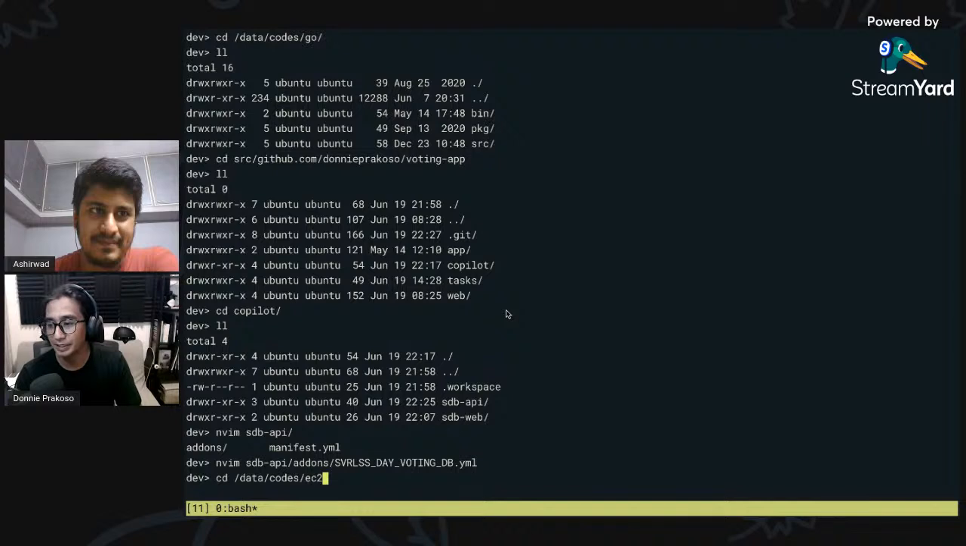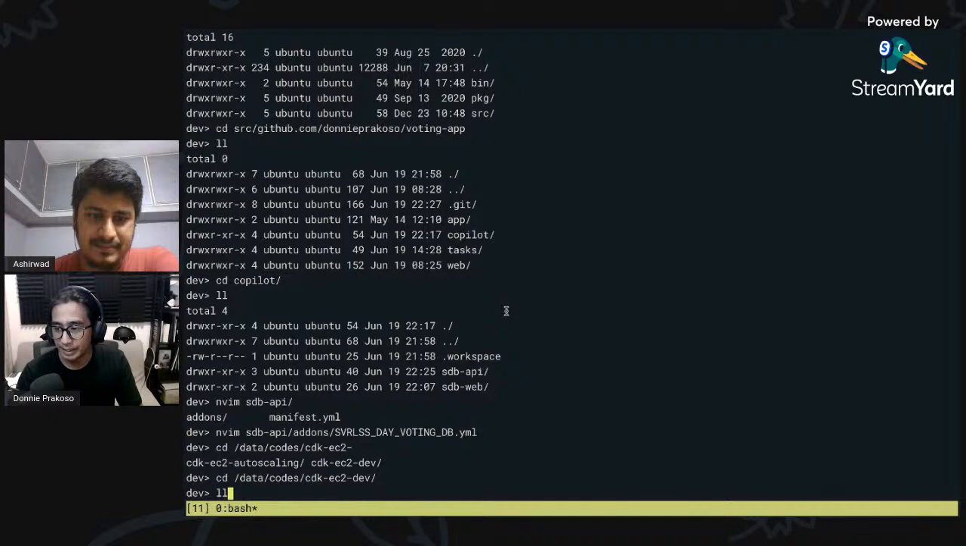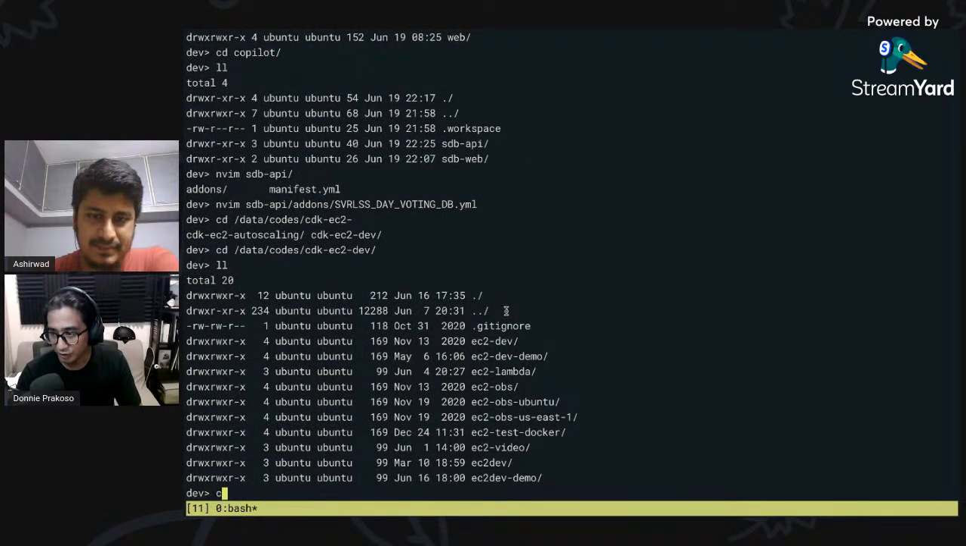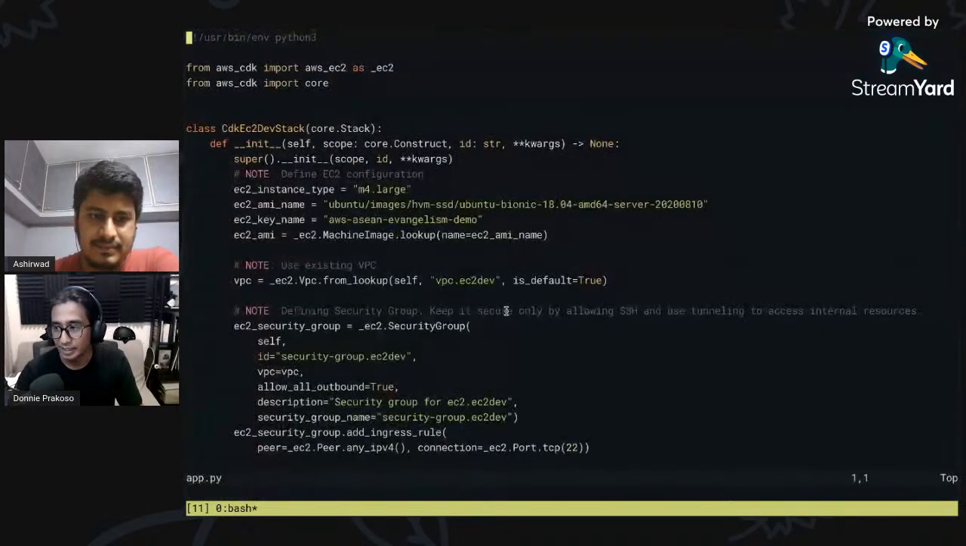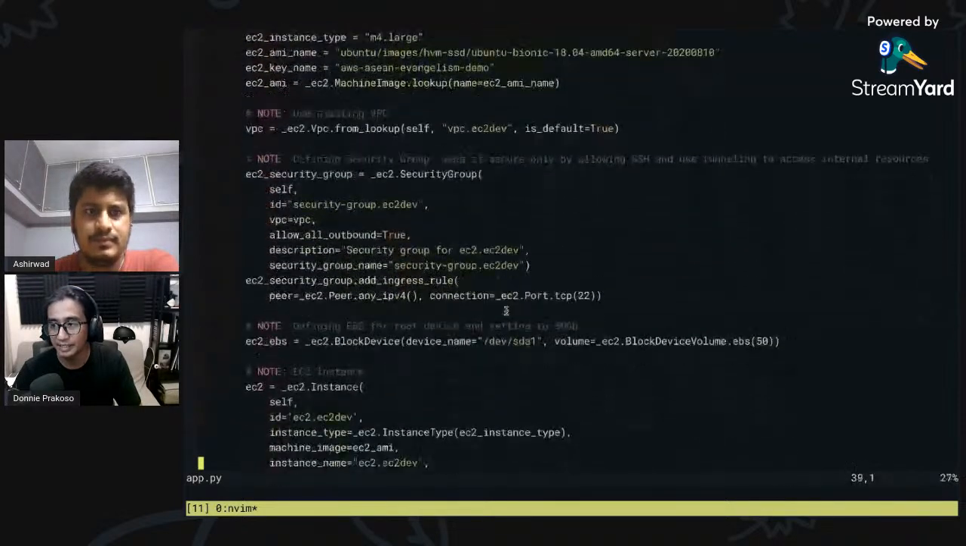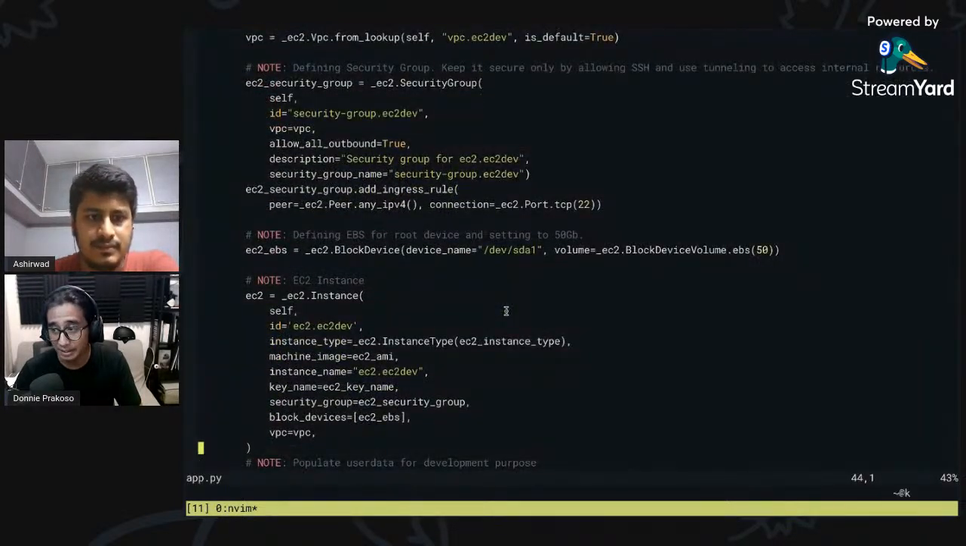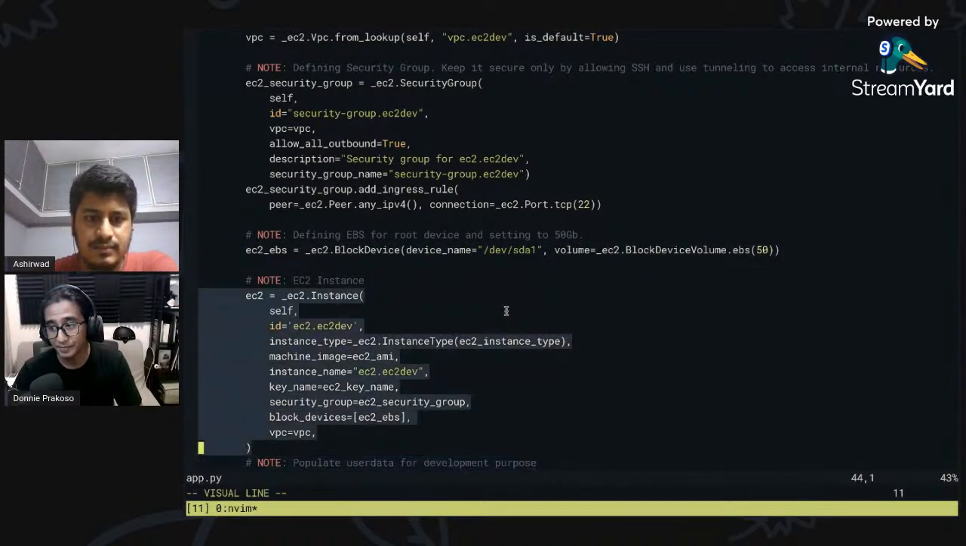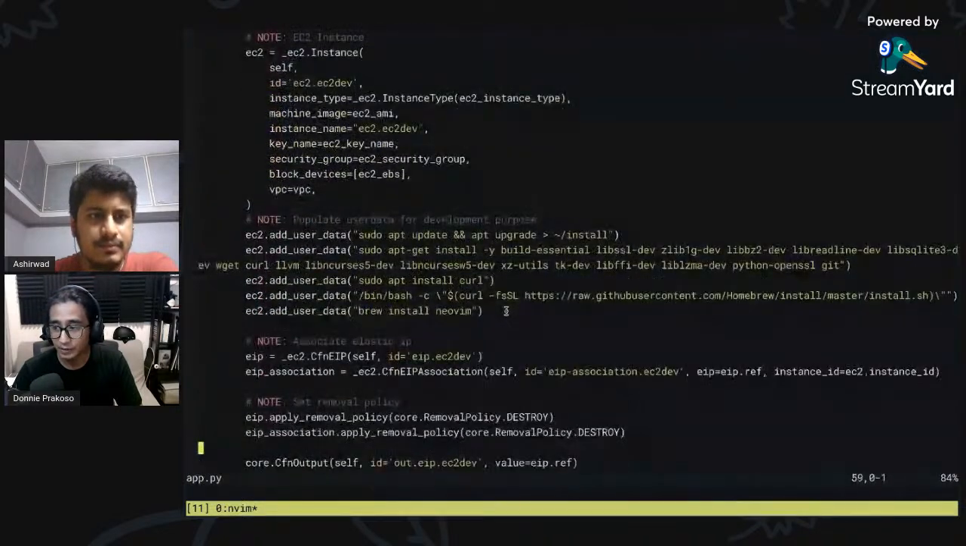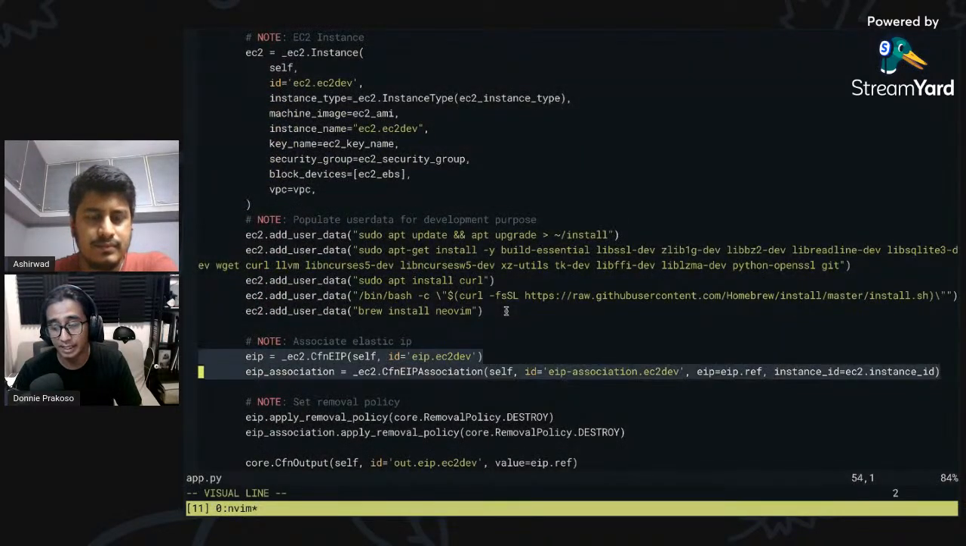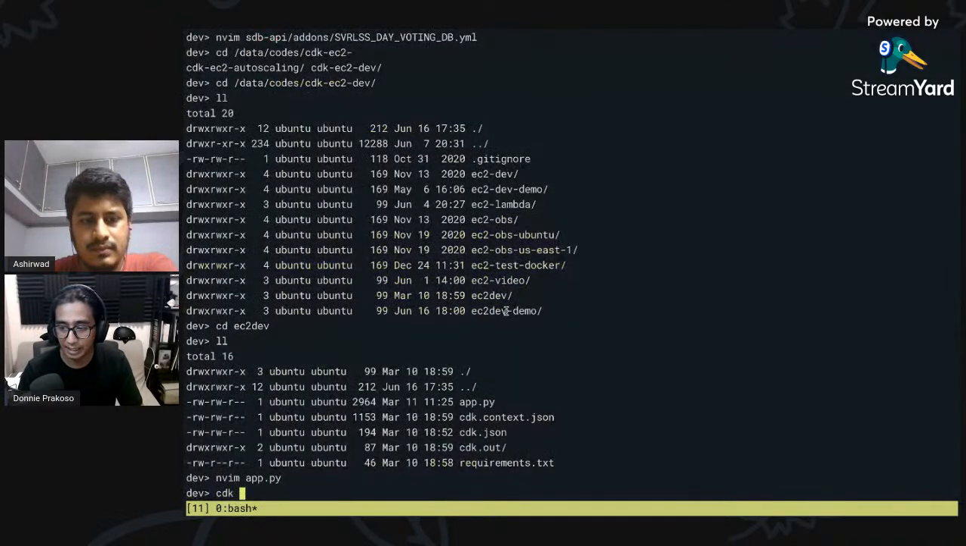Let's say, okay, so this one. This is my bunch of EC2 that I created for my development environment. What it means is that I can have an EC2 right after I execute these applications. You can see that everything is written in Python. And I define this EC2 instance here, right? And then I can also add the user data and associate the Elastic IP here. And then if I execute using the CDK deploy,